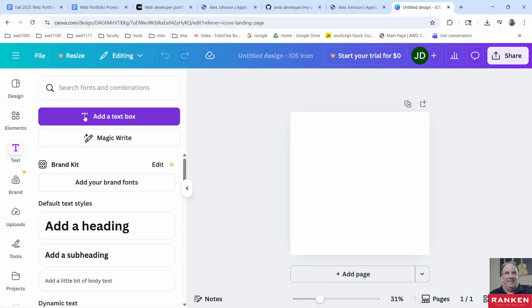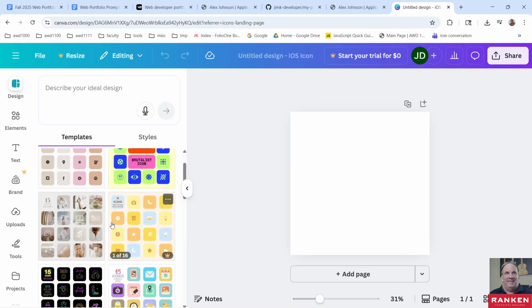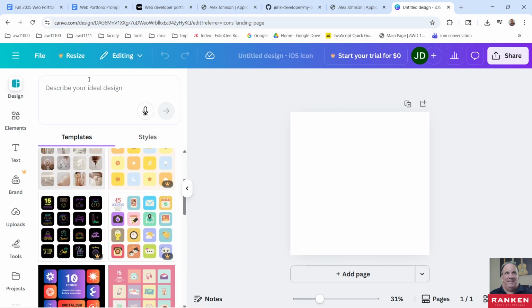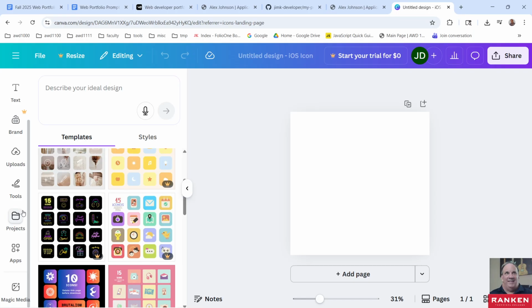So you could try to create something by yourself. If you start choosing a lot of things here, these better design things, if you're interested, see what's here. I'm logged in right now, Jim K Developer. So you're gonna have to create an account though, at a minimum. But something to get used to if you're interested. I should spend more time with this myself, but just another option to create an icon, and obviously